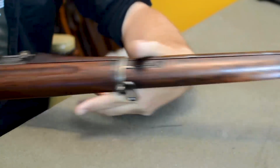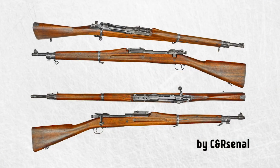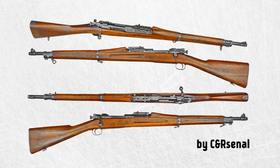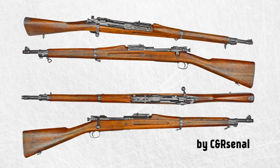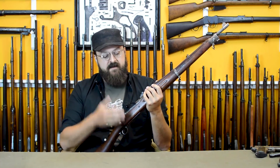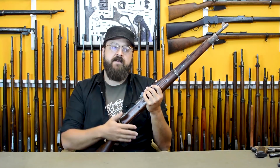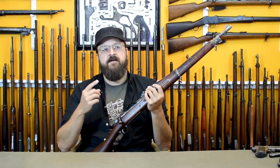And then from there, full handguard, you guys know what these sort of military rifles look like otherwise. The Springfield does take on the stripper clip, which is a very good feature because you have to think about the math here. If you have a gun with no magazine, a single loader, all right, and you load 1 round and fire it, load 1 round and fire it, load 1 round and fire it, that gives you 3 rounds. Well, if it's a magazine gun but has no rapid feed system, no rapid loading system rather, so a tube magazine or like the Krag with a dump load, the time it takes you to load 1 round versus